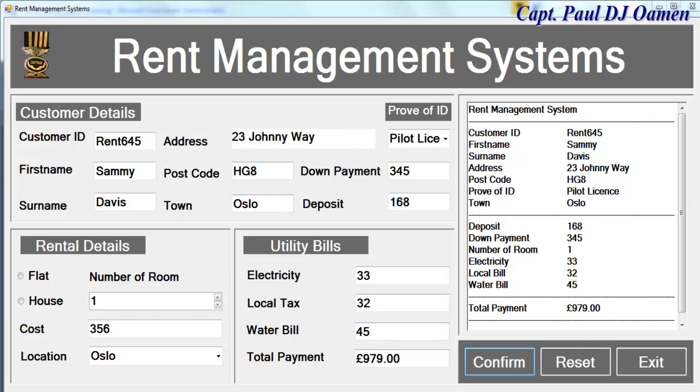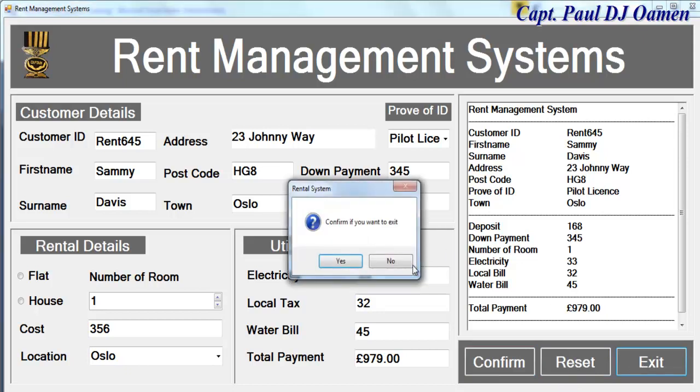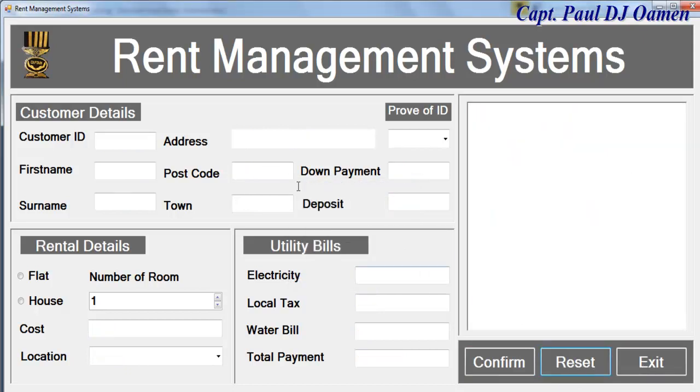Okay, let me show you guys how this works. We can always reset, or maybe click on exit, no, and click on reset there. Let's enter data in there. Let's say it's RT, that's for the rent, and say RTE. Okay, now the name is, let's go for Tommy